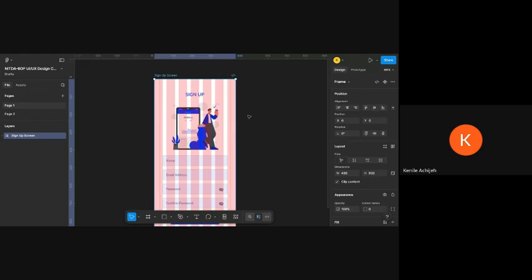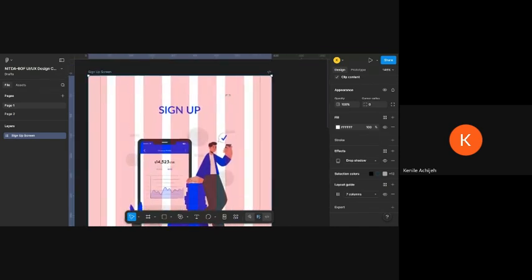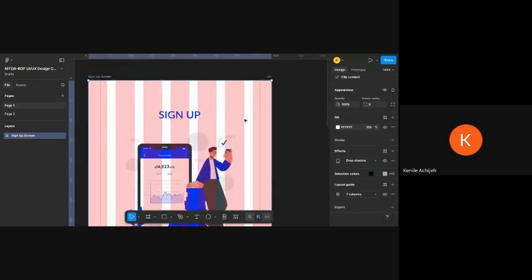Now I remember I said what I want to do is to add an image. This is what we have here. So you can close your layout grid though. It's not a must that it must be showing in whatever you're designing. The only reason it is there is to give you guidance on what you are doing at the end of the day. So to close it, you can come here to where you have your layout grid and close this eye,